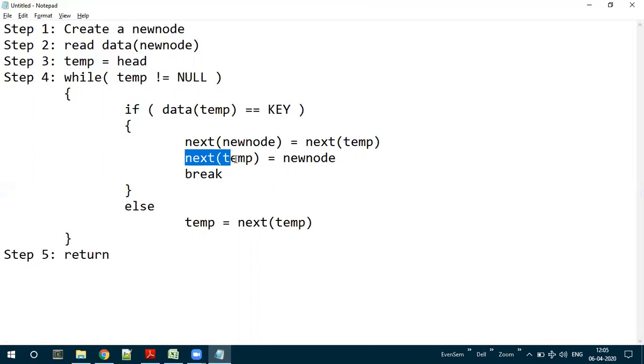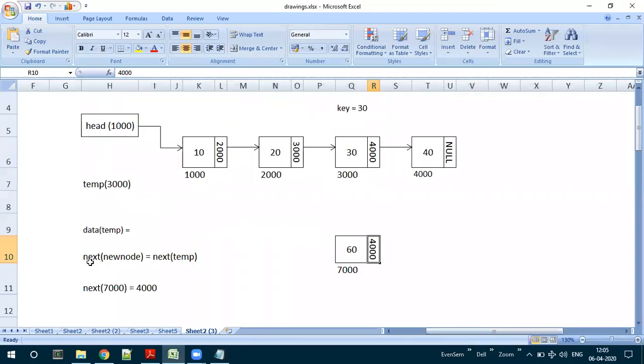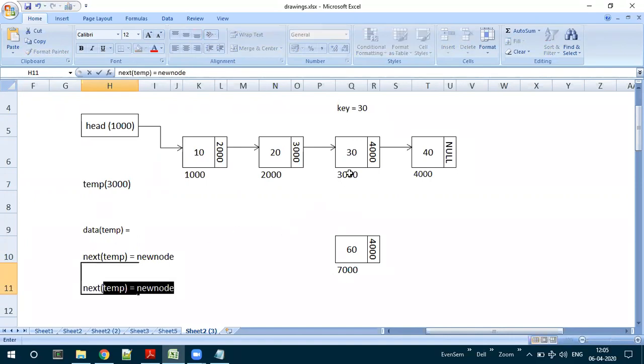Then what is the second step? Next of temp is equal to new node. Temp is 3,000, so next of 3,000 is going to be the new node.